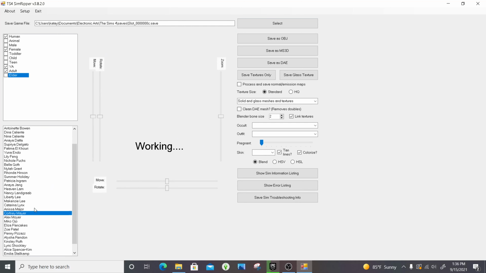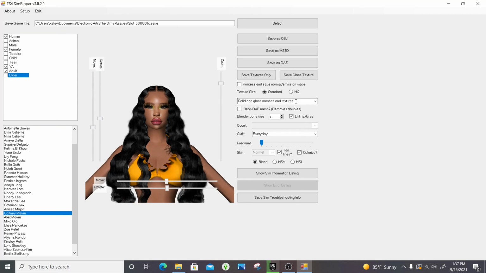Okay, so now you press your Sim's name over here, and then it's going to say working, and it might take a minute to load in depending on how much CC you have on your Sim. Now you want to come over here, and when you first download Ripper, it'll automatically put it on single mesh and texture. You don't want it to be on that, so we're going to go ahead and press solid and glass mesh and textures if it's not on that. And then after that, you just come up here and press save as a DAE file,